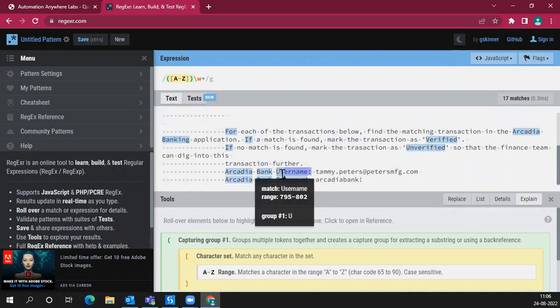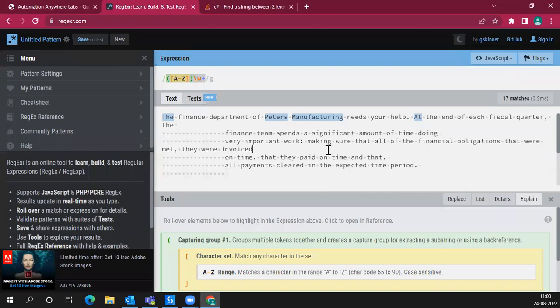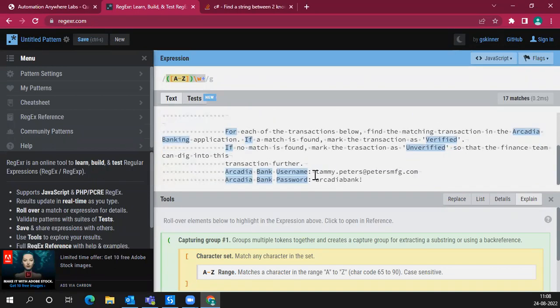And what we need is, so we need an email, right? So this is the email address. So what I need here is the text which is after this line and after this text. So first let me go with the first two,